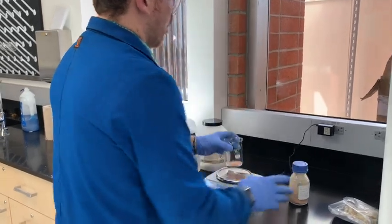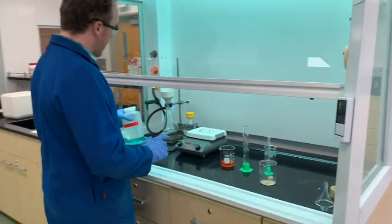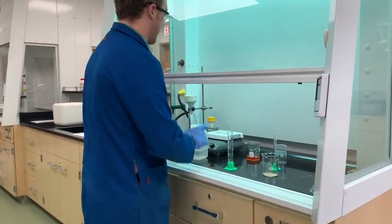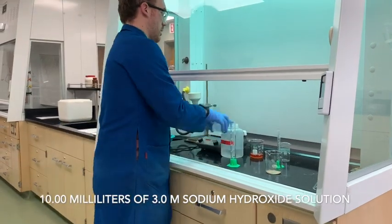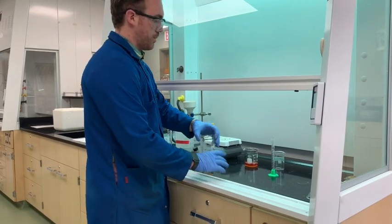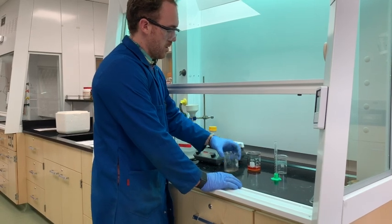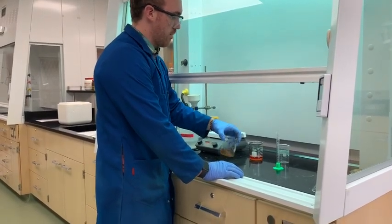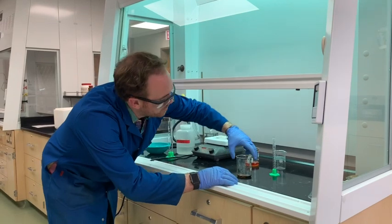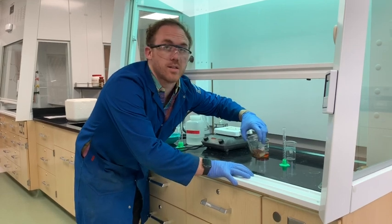Alright, so once we deprotonate this, it'll be ready to act as a nucleophile, so we're going to need 10 milliliters of pre-chilled sodium hydroxide. It's 3 molar, so it's quite basic. And you want to make sure that you get this somewhat dissolved. It takes on a sort of dark brown color. So we're going to stir to dissolve this, and wait till it's mostly dissolved before we actually combine